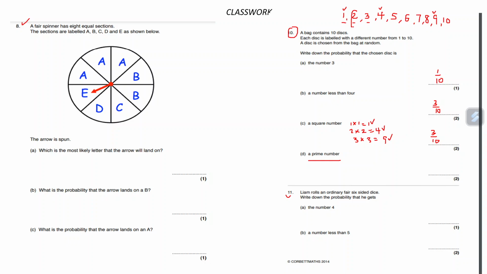That's 2, 3. 4 is not a prime number because 2 can divide it. So we'll go for 5. 6 is not a prime number. 2 and 3 can divide it. Then we'll go for 7. So the prime numbers we have here are 2, 3, 5, 7. So they are 4